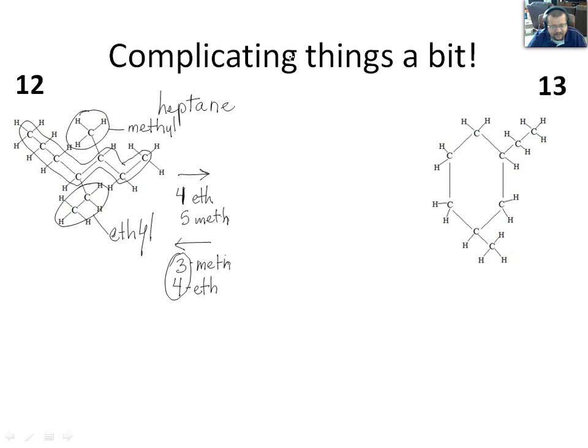The question is, how do we put everything together? We put position number and then name of the group, and then we work our way to the parent chain. But because we have two different substituents, we've got ethyl and methyl, we're going to need to put them alphabetically into the name. Now if we had di or tri or tetra, that doesn't work its way into the alphabetical ordering, but we've just got one of each, so we could say that E comes before M in the alphabet, eth comes before meth, so we would say for ethyl,